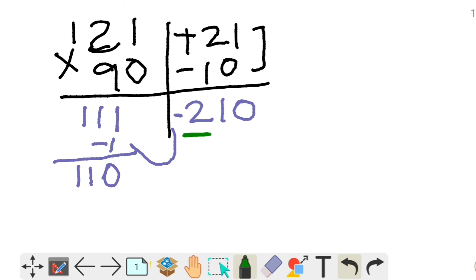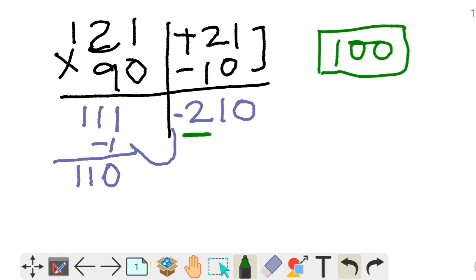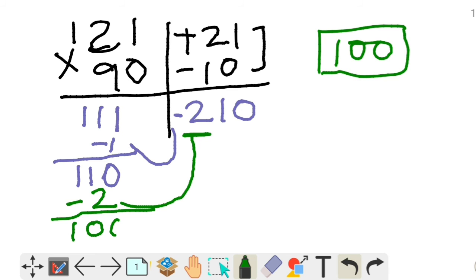When we are dealing with a 3 digit number, we have to remember our base is 100. So this is 3 digit. Now we can only write 2 digits in one block, okay? Because this is a mixed base question and our base is 100. So we can only write 2 digits in one block. Now to remove this, we have to do minus 2 as well. So 110 minus 2 is 108.